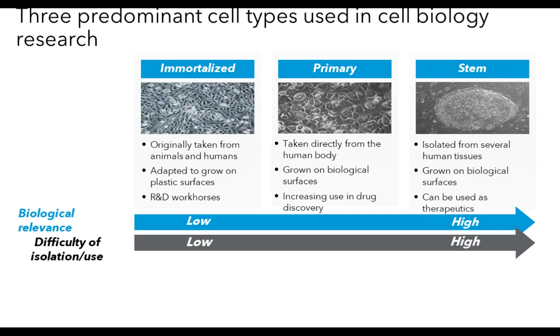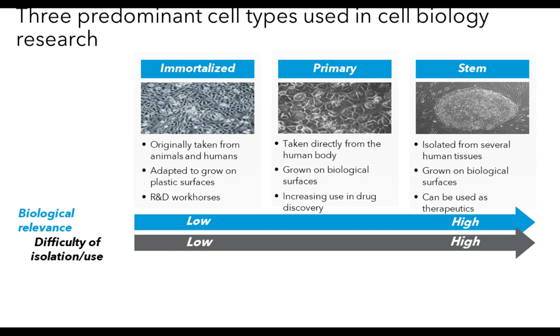In fact, if you look at this slide here, there are basically three types of cell lines used in cell culture. The first one, of course, and I refer to this with the HeLa cells, is immortalized cells. These were originally taken in general from animals and humans. They are optimized to grow on plastic surfaces, and they are indeed used widely throughout R&D, both in the academic setting as well as in the drug discovery setting. They are easy to grow. They grow in a very reproducible fashion in very large amounts, and for that reason they have become the workhorses